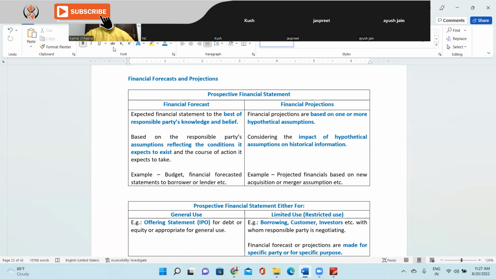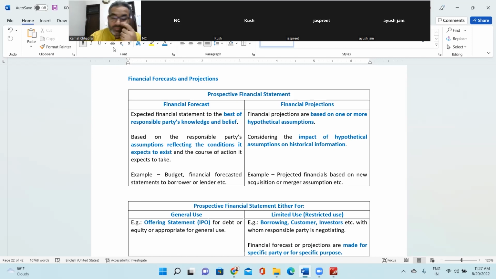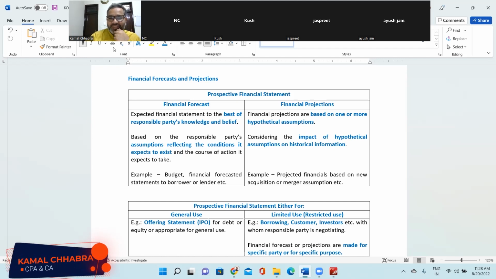Financial forecast, so everyone has explained really well. I think it's just the basis of whatever is going on in the business currently and whatever direction management expects their business to head into. That's what a financial forecast is. But in case of financial projections, it is similar to a forecast, but management takes a lot of hypothetical assumptions. Could be a case of a new business line that they've introduced or something. So they would look at their historical results and they would take a lot of hypothetical assumptions for that new business line, and then come up with projections or results that may result as a result of those assumptions. That's what my understanding is. I'm thinking of an example, not sure whether it will fit in here or not. So, for